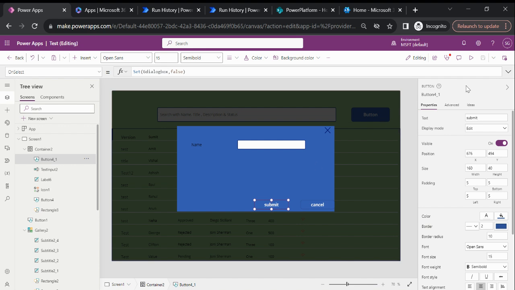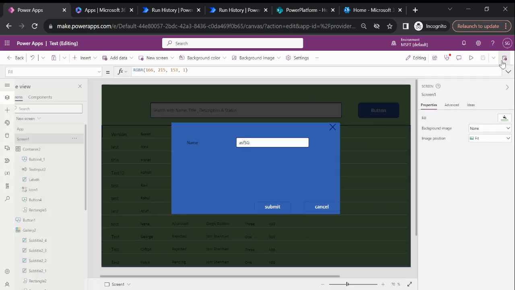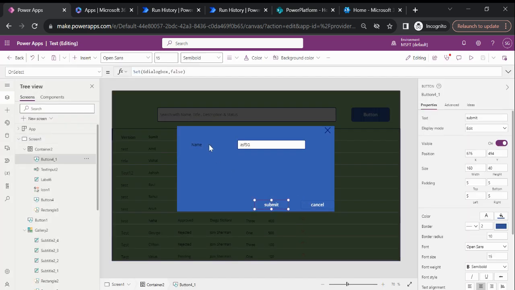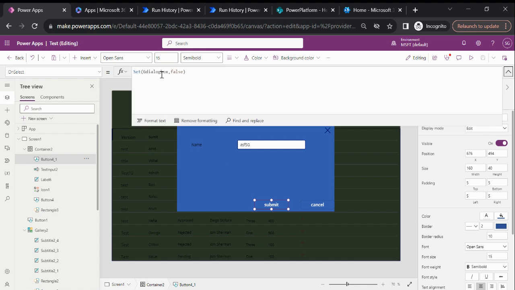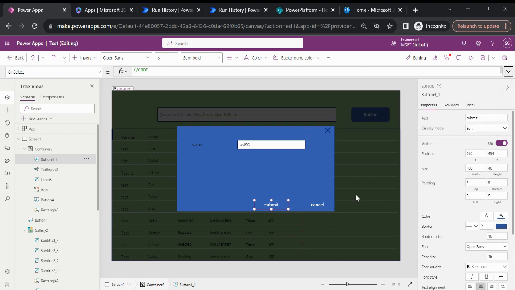As for the submit button, let's suppose this is the screen where the user submits data and you want to update the name. Then on select of this you can put your code, and then you can set that variable as false. So it will first execute your update code, and then at last it will mark that variable as false. So that's how we can create the